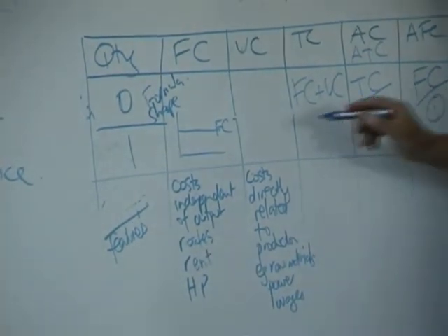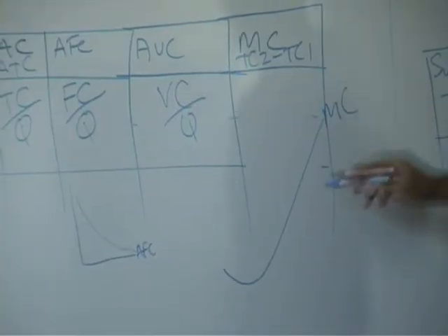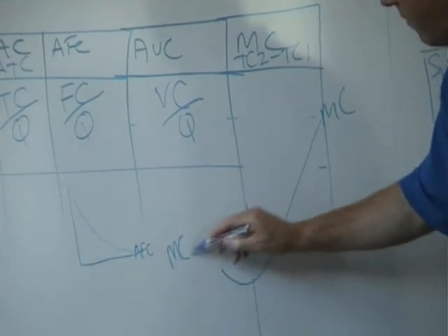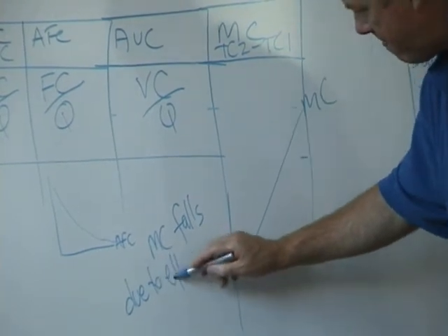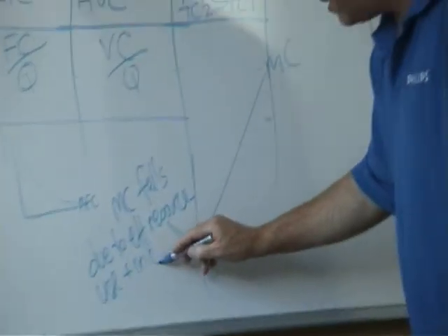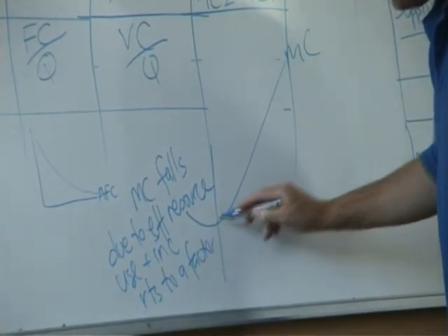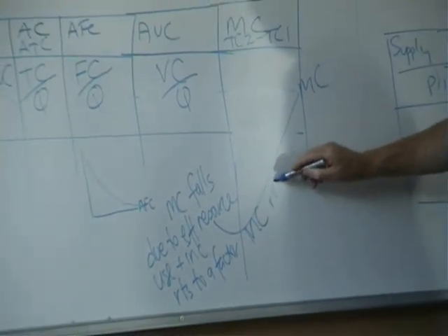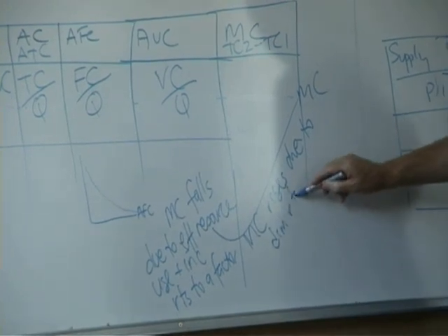These here, these variable costs, you may note that I start them off in C. We say over here MC falls due to efficient resource use and increasing returns to a factor. And then when MC starts to rise, we say MC rises due to diminishing returns. Going through and labelling up this diagram,